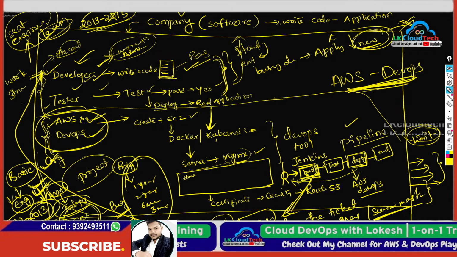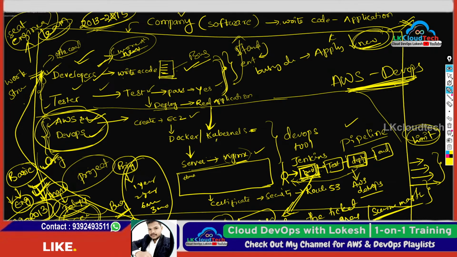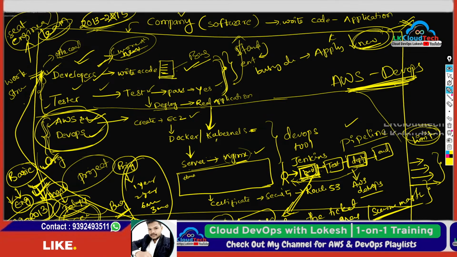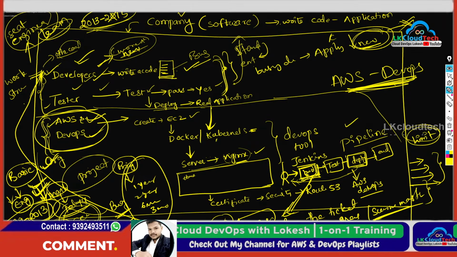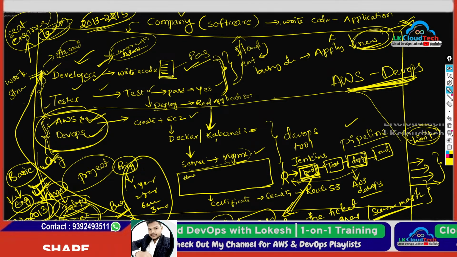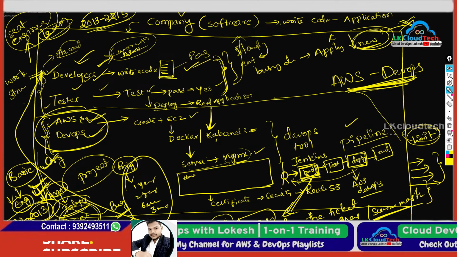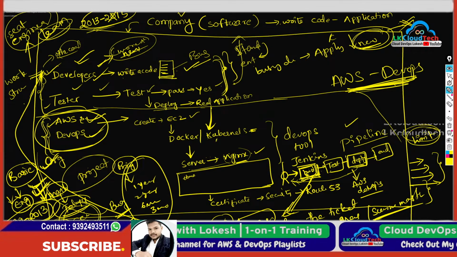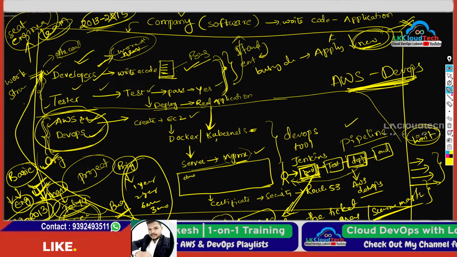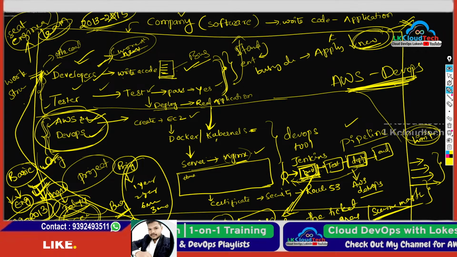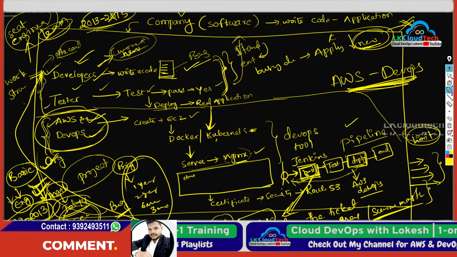Not only me, everybody can concentrate. If they can concentrate, definitely they can achieve anything, man. This is not a big thing. This is not rocket science. If you can sit, put in concentration, and spend time with AWS and DevOps, that's not a big deal. You can become a master one fine day, and you can also teach others. Understand? If you can concentrate, you can do it.